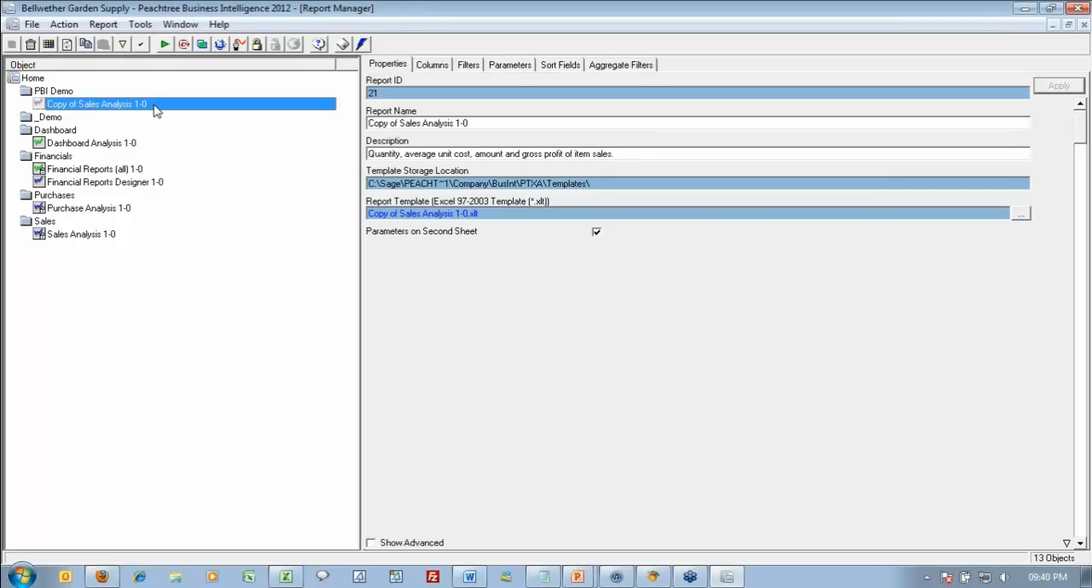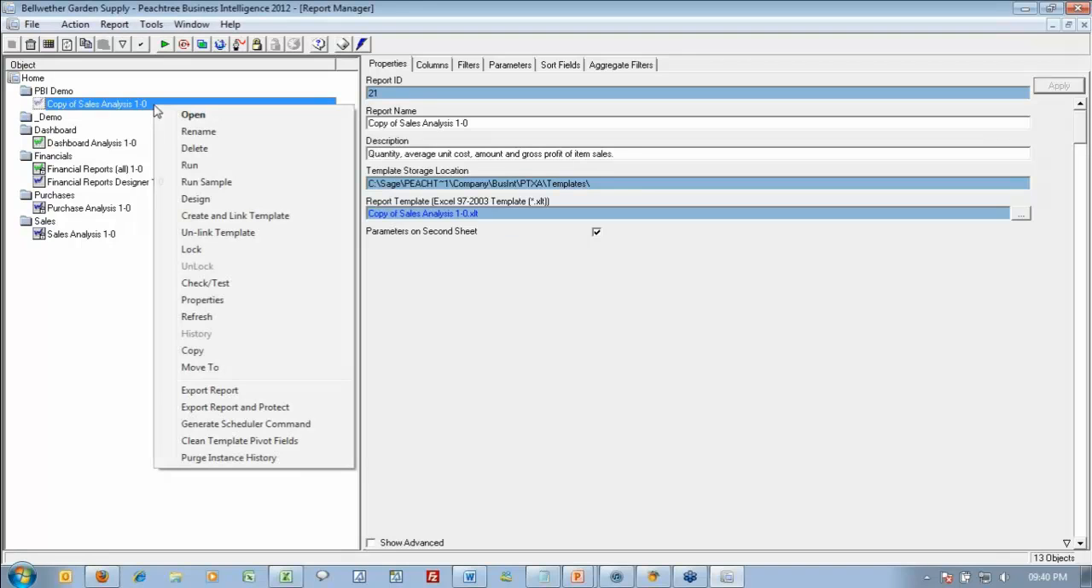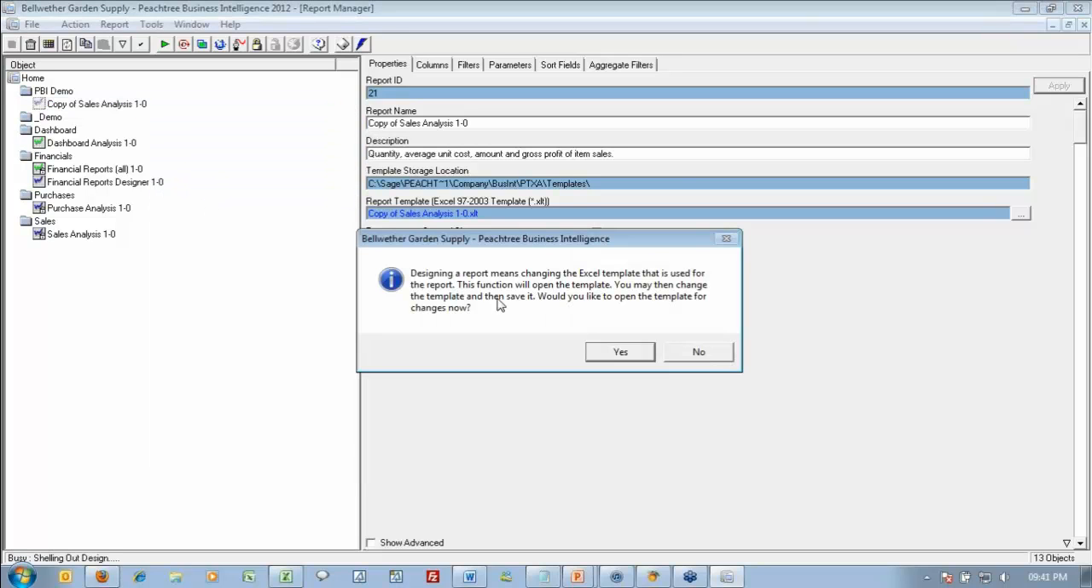I'm going to select the report, and I'm going to go into design mode. We're going to cover design mode later when we do our report creation process, but I can right-click on this report and go into design mode. What this will do is open that template file without bringing in any data. So I can look at the structures and I can change formatting and change things around without having to run the report out. If I go into design mode,